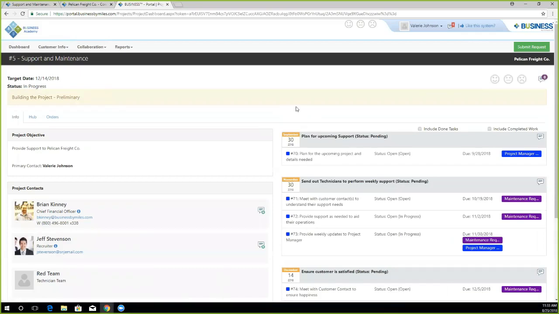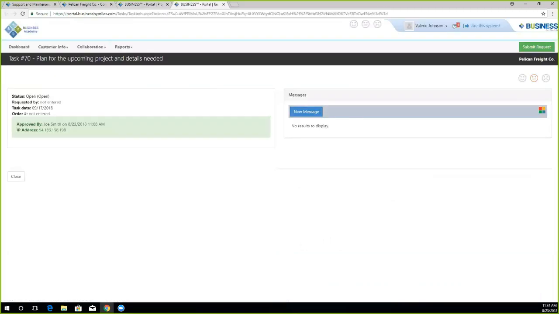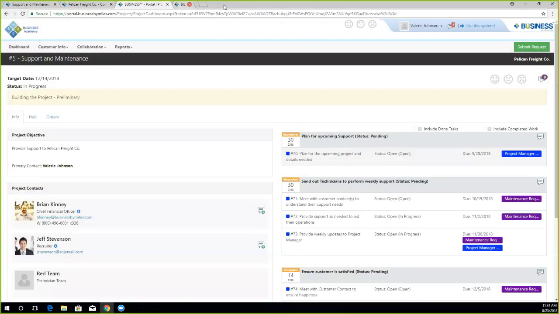Now within projects, we've also enabled the happiness rating. So you'll see the 3 faces are over here on the top right, and they can leave a rating for any task. So if I click into that task of the project, we have the 3 faces to rate the task. And we can also rate the overall project. So by clicking on one of the 3 faces,